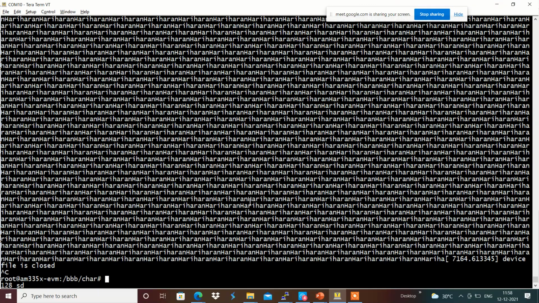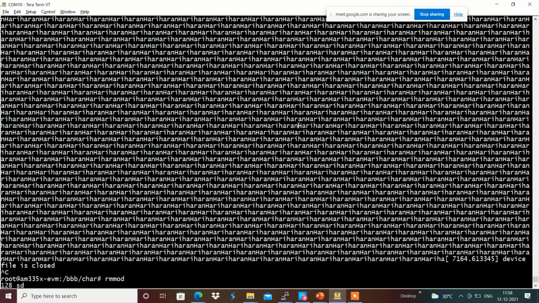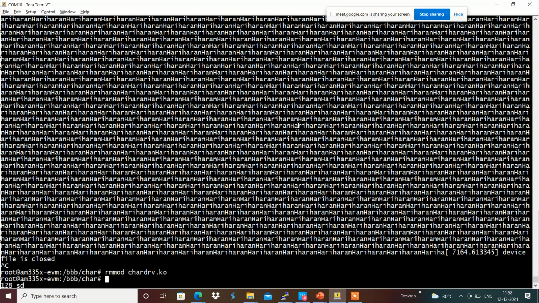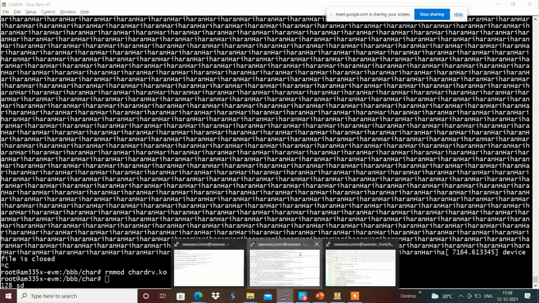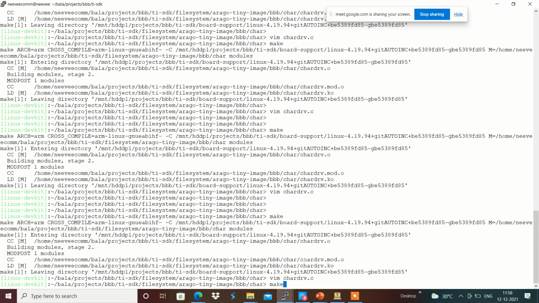A 10 bytes of data continuously comes up. Maybe I will add a \n, making it 11 bytes, which will be sent back to the user space.